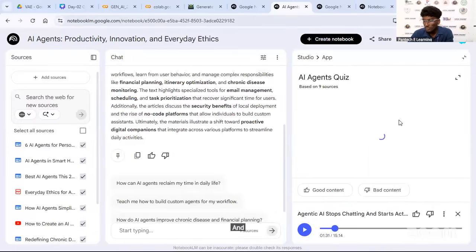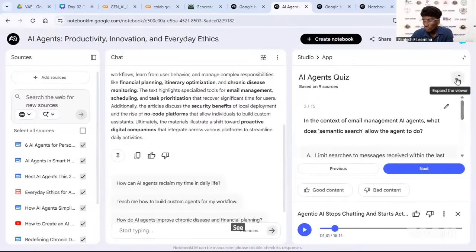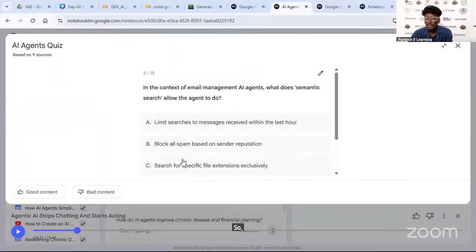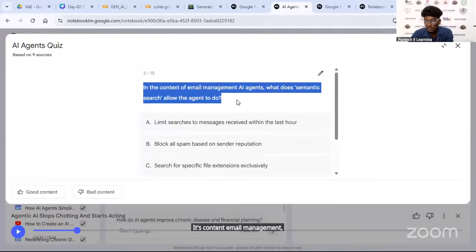and AI quiz. So here the quiz. So anybody can tell the answer. Content, email management, AI, semantic search.